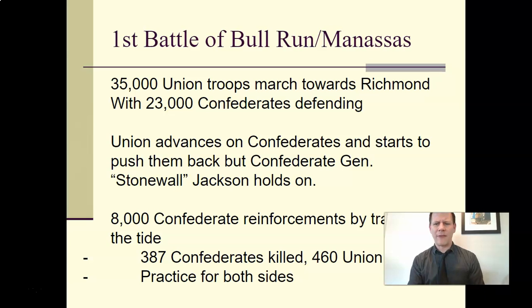Here, the North, after training their soldiers, is marching to Richmond, trying to capture it. Richmond and Washington, D.C. are fairly close to one another. You could walk there, which the North does. And 30,000 troops against 20,000 Confederates. When the battle began, each side is green. This is the first real taste of combat for most of these men. And there's a lot of wavering, but over time, the Union does seem to get the advantage and start to push and kind of rout the Confederates as they start to fall back and falter.